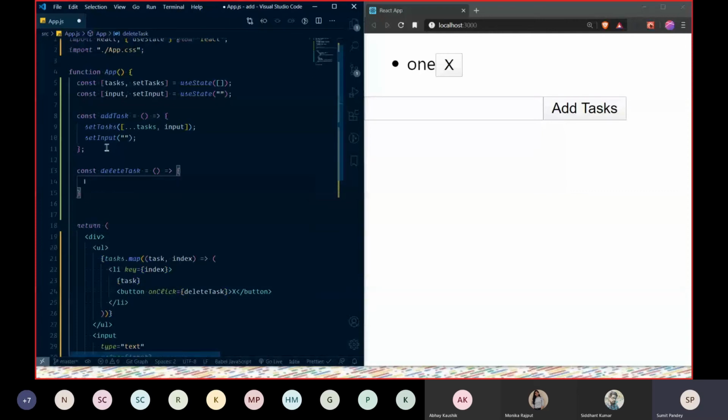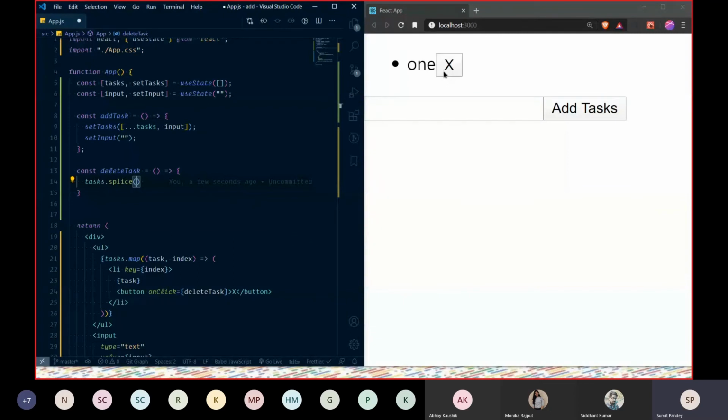So what this slice method takes is, you can use slice or splice. I'm gonna use splice. Both are pretty much the same thing. Splice directly changes, it overrides your main array. But what the slice method does is it makes a copy of that array and then makes changes. So you are gonna be on the safe side. Whenever you use this thing, use the splice method. It's more handy. So what it does is it takes the index.